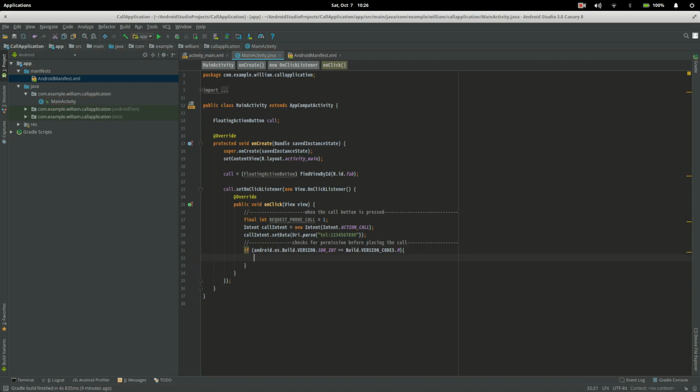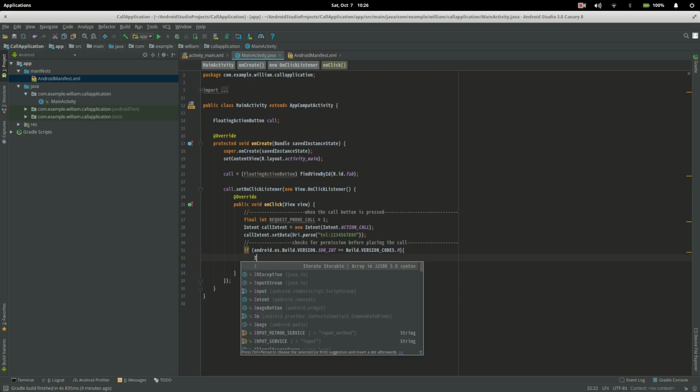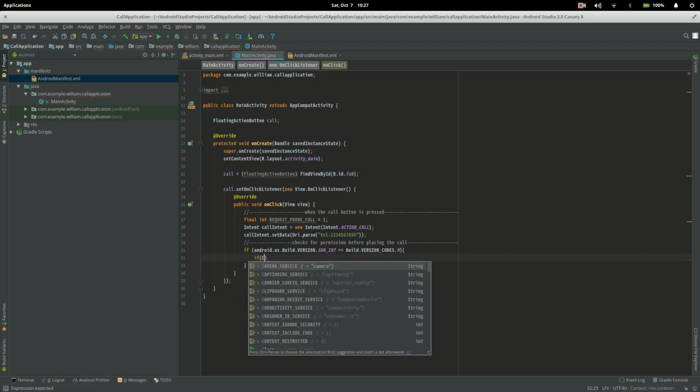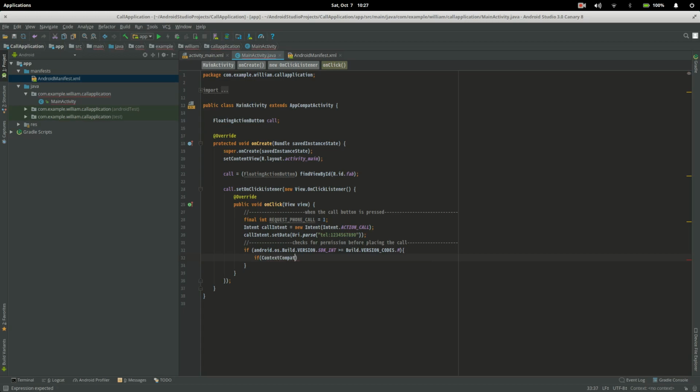Yes, it takes this long to check for permissions, but it's all worth it in the end to send this phone call. It's all about security with Android. So if cannot be capital. So if, we're going to type in ContextCompat dot checkSelfPermission